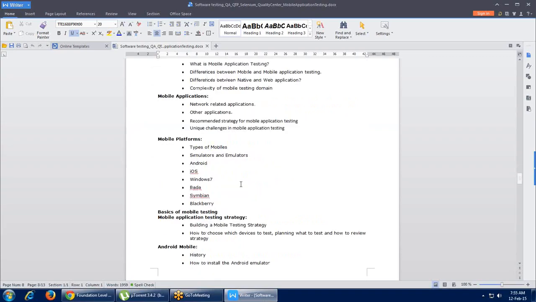So we'll see how we can configure the devices into the system. Those are known as simulators, and the simulators help you feel like you are actually testing on your devices. We'll also see the different strategies by which we can start doing it. First of all, what we need to understand is that in a company there are a variety of applications that are ongoing.